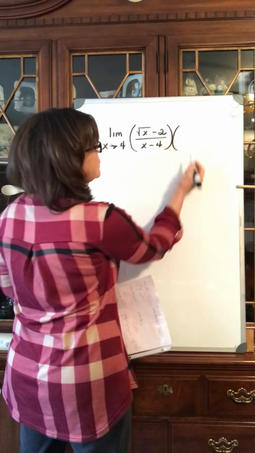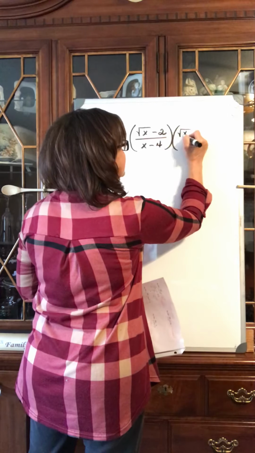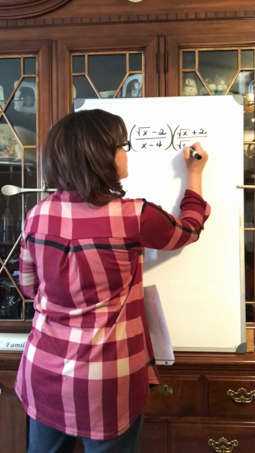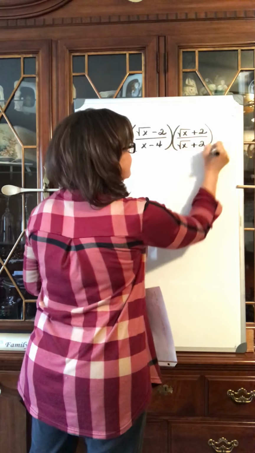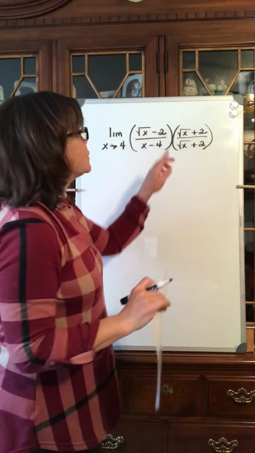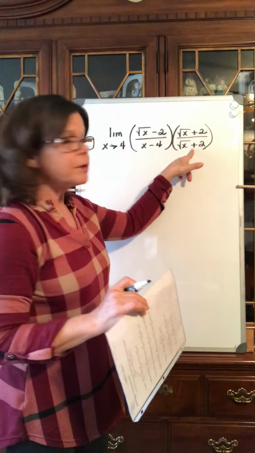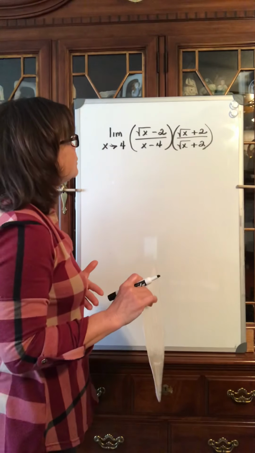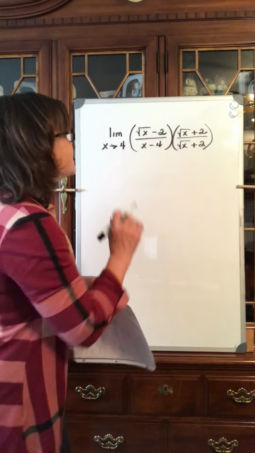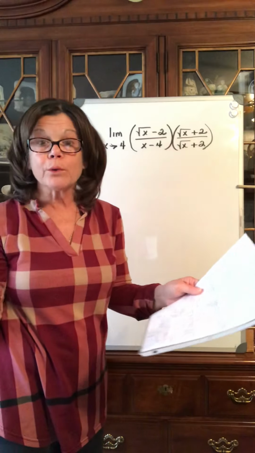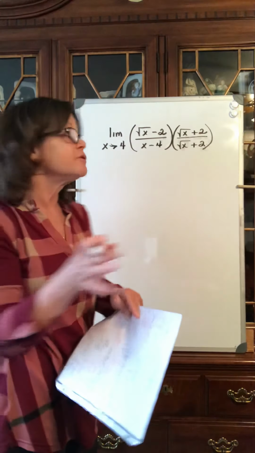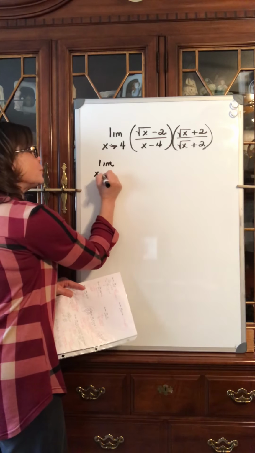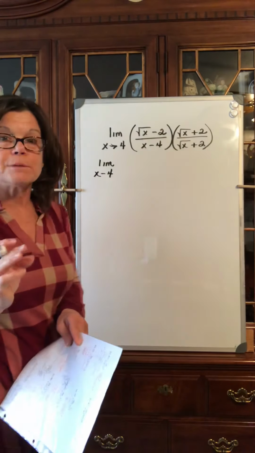So the conjugate of the numerator is the square root of x plus 2. And I'm going to multiply this whole function by 1 using the conjugate of the numerator. So the square root of x plus 2 over the square root of x plus 2 is equal to 1. I'm multiplying the function by 1, so I'm not changing the value of the original function. But this is going to help us find where that function converges from the left and the right as x is approaching 4. So the limit as x approaches 4, I'm not going to drop that out until I'm done